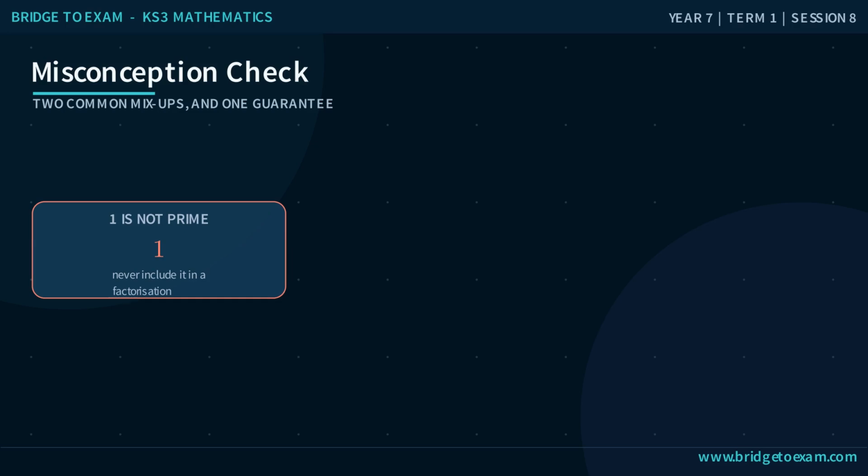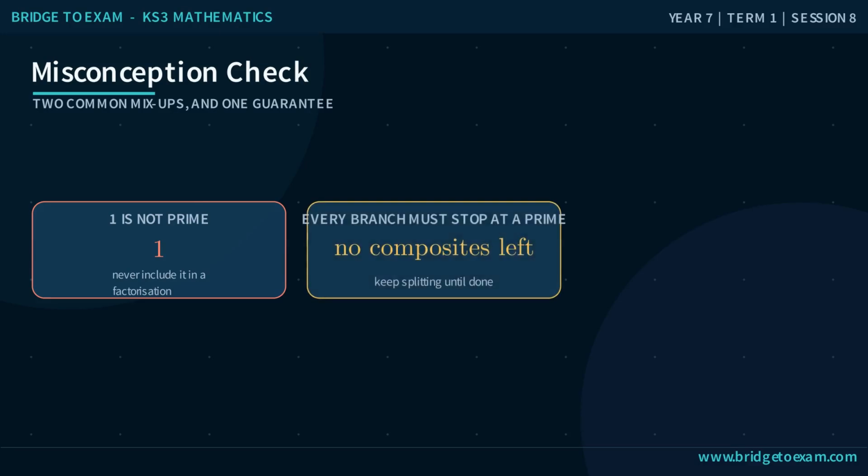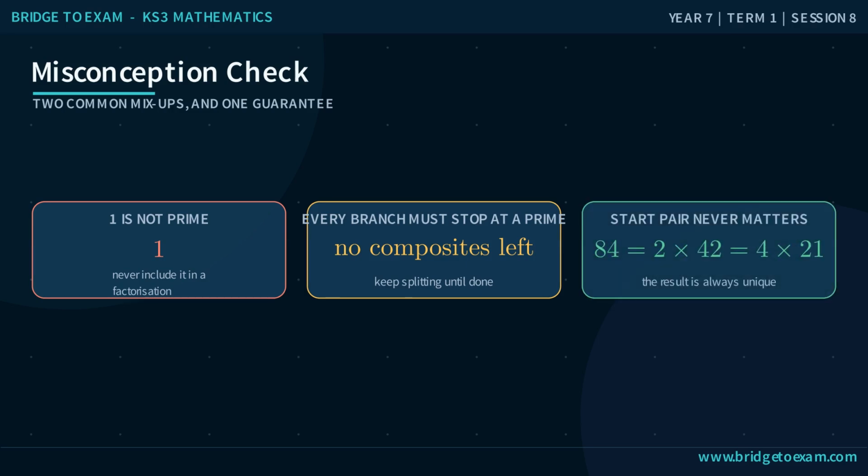3 ideas catch almost everyone out. 1 is not prime, never included in a prime factorization. A factor tree is not finished if any branch still ends in a composite number. Every branch must reach a prime. And the starting factor pair never matters. 84 as 2 times 42 or as 4 times 21 both end at the exact same prime factorization because it